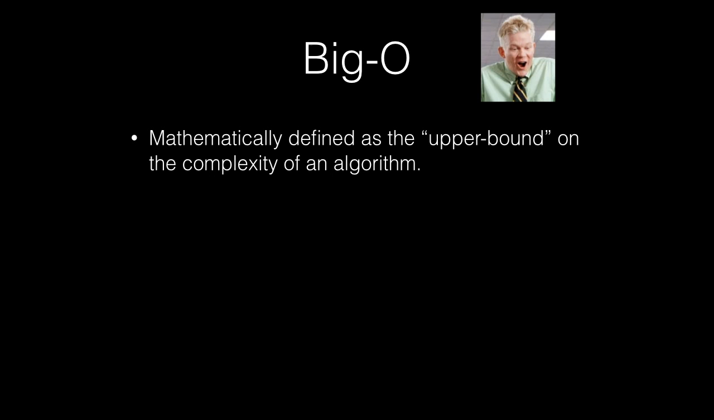So asymptotic complexity brings with it probably the most recognizable concept in computer science, even from people that don't do it on a regular basis, and that's the concept of big O. And I'm going to tell you all about what big O is. So big O is mathematically defined as the upper bound on the complexity of an algorithm. Some people also refer to it as the worst case. In other words, how will this algorithm scale, and how will it perform as the